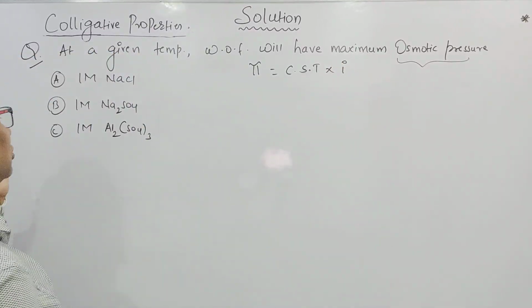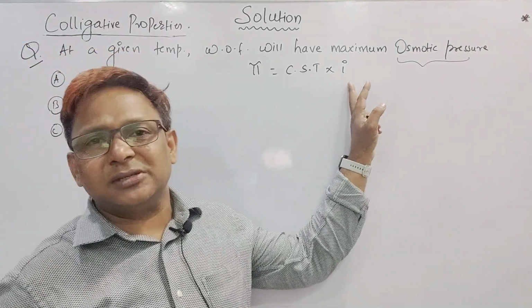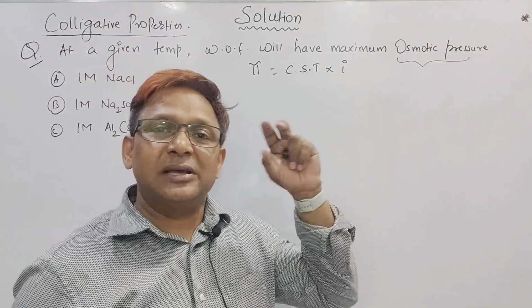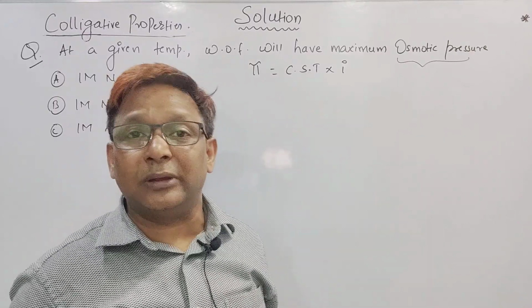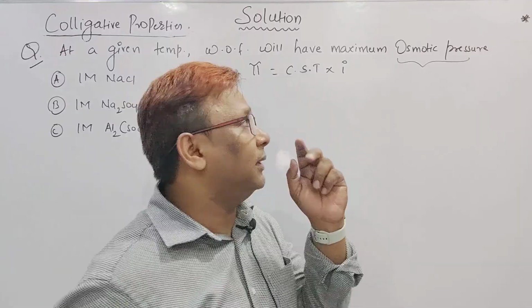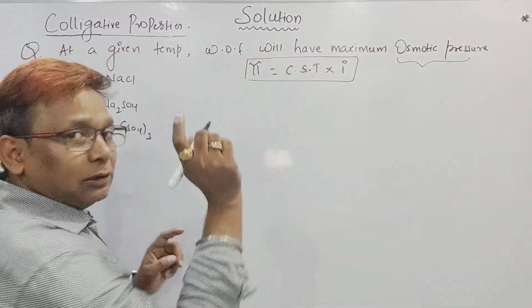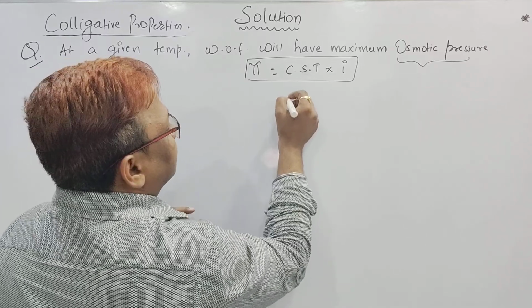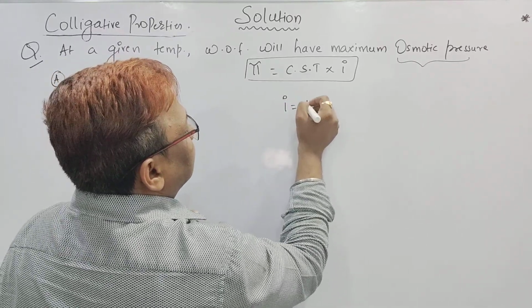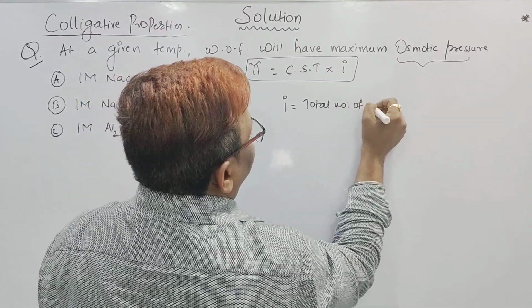Now the question is how to get the i value here. Actually, if it is a dissociation and if it is an association, we have a different formula to calculate the value of alpha. But if you want to calculate the i value, beta, there is a very simple way to get it. Check it here, I'll give an example for you. i is the van't Hoff factor. That is the total number of moles